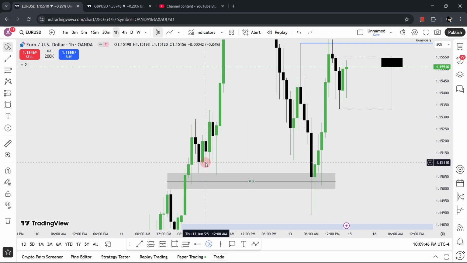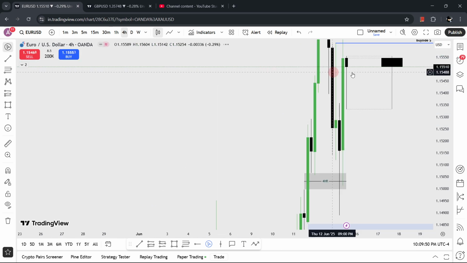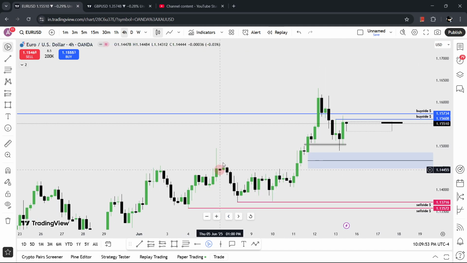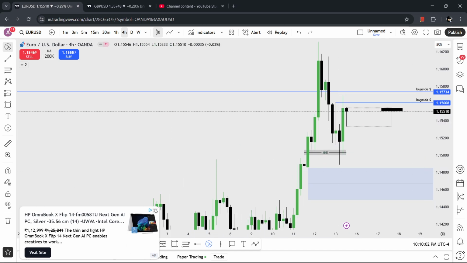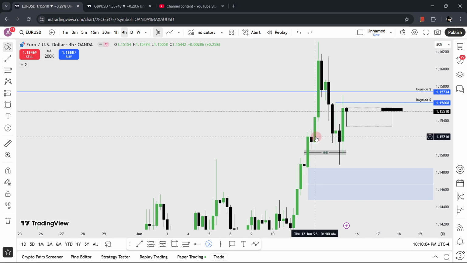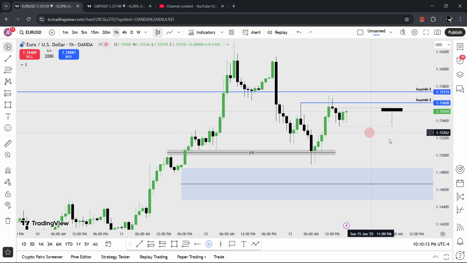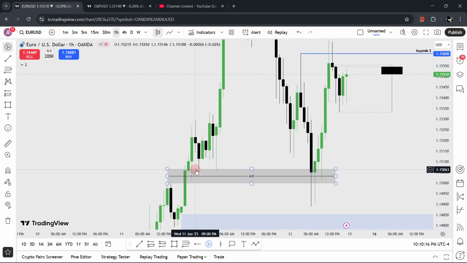Since our current bias is bullish after taking out this high, I suggest you take the trade that happens after this inducement or mitigation to this fair value gap. In 1 hour we have this short-term low here, this low here,